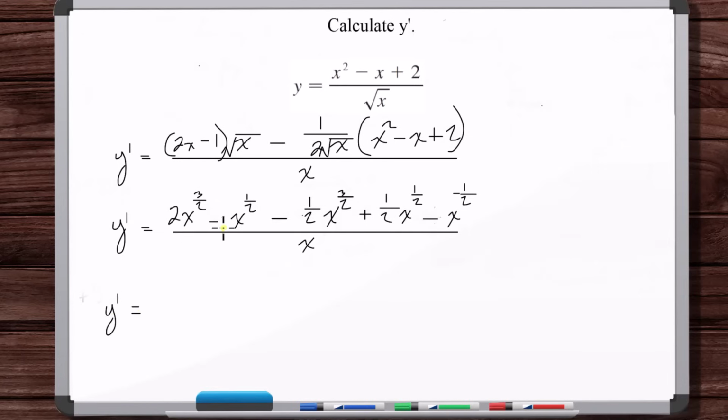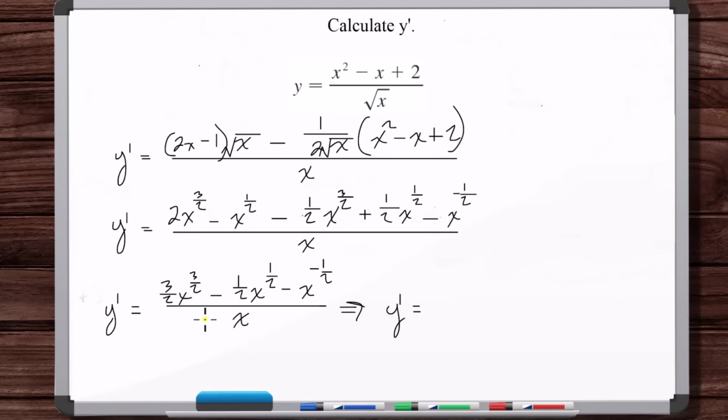2x to the 3/2 minus 1/2 x to the 3/2. That's 3/2 x to the 3/2 minus x to the 1/2 plus 1/2 x to the 1/2. That's minus 1/2 x to the 1/2 minus x to the minus 1/2. Okay, now let's separate these out into separate fractions. So we've got